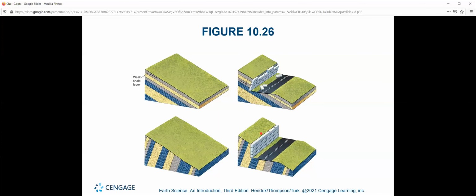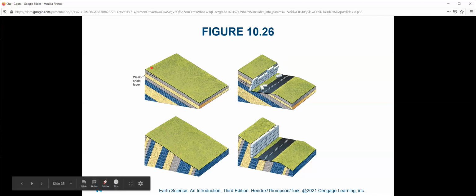These examples are what I was referring to. Notice here, you have weak shale layers as opposed to a stronger igneous layer, we'll call it, this blue guy here, the sandstone. These weak shale layers don't mind sliding down this hill due to gravity. So if you try to build a retaining wall, that retaining wall is going to run into the issue of the shale not being strong enough on its own to hold its position. But, and again, the organization of this wants to go downhill.